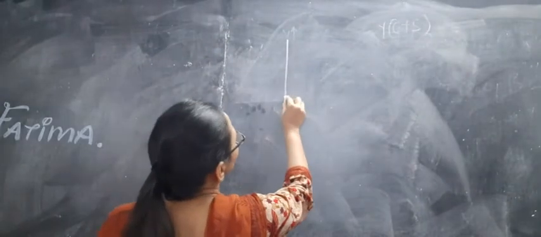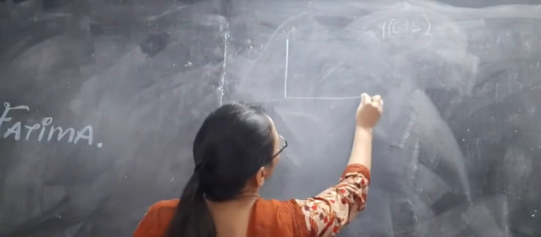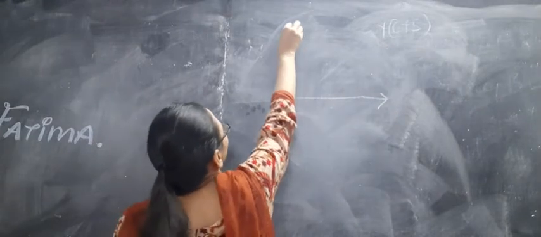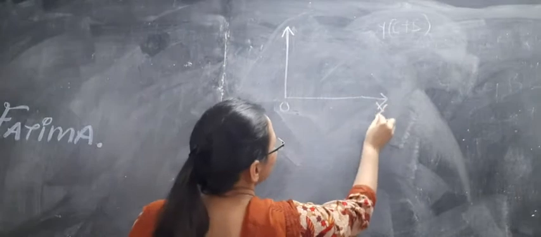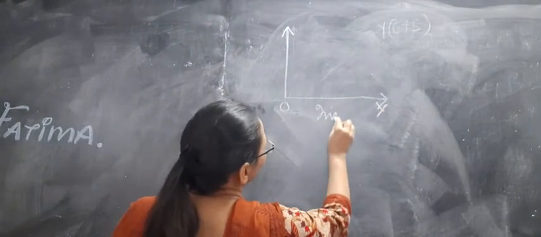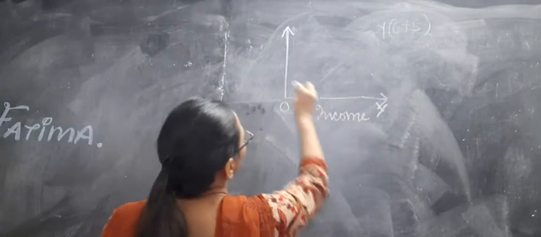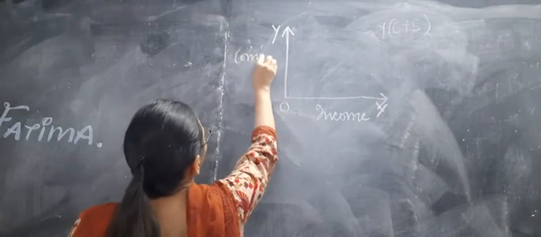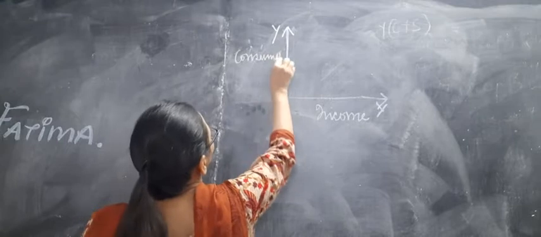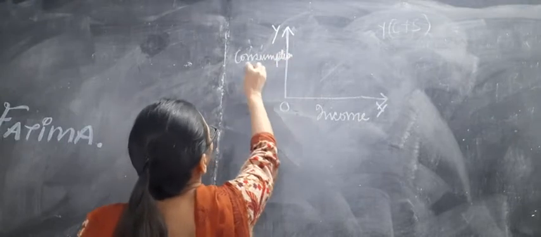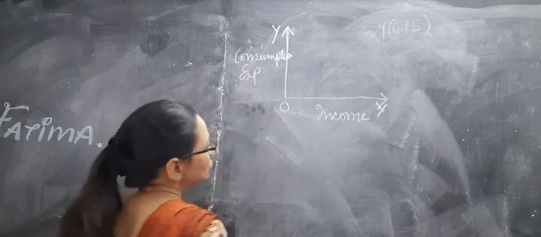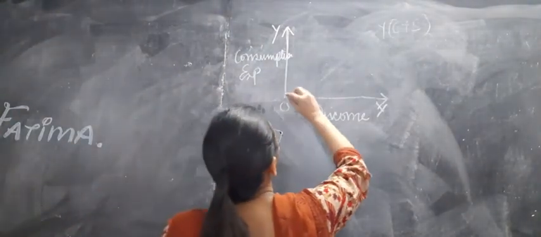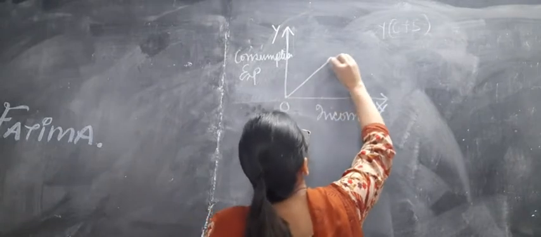Yesterday we had drawn this diagram. Let us repeat it once again in order to make it clearer. I hope this is clear to everyone. This is the OX axis showing the income of the consumer, and this is the OY axis showing the consumption expenditure of the consumer, right? Then this is the Y line.